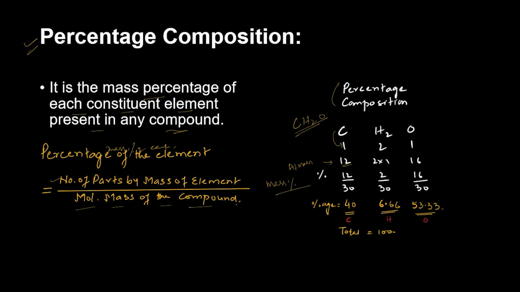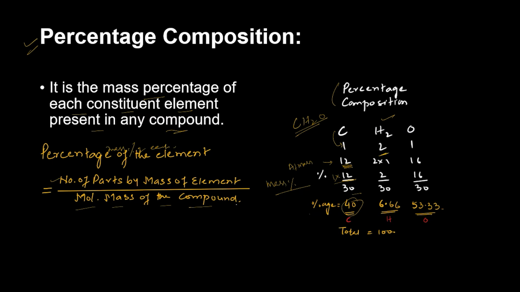So for carbon, one atomic mass is 12, and mass percentage is 12 upon 30, that is number of parts by mass of element, one part, upon molar mass of the compound, which is 30, and mass percentage will come 40 for this. Carbon is 40%. Similarly, for hydrogen, which is two parts in this compound,